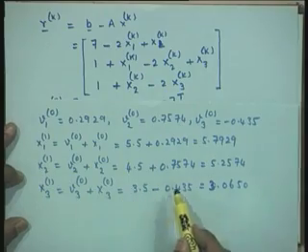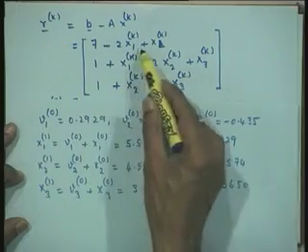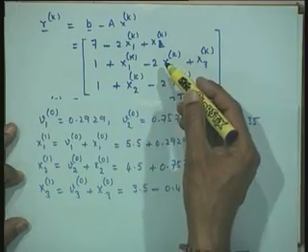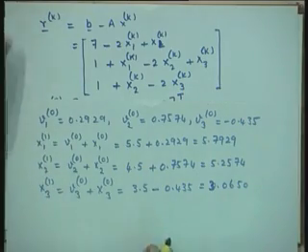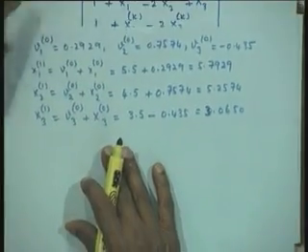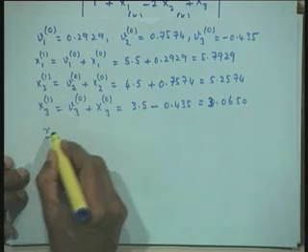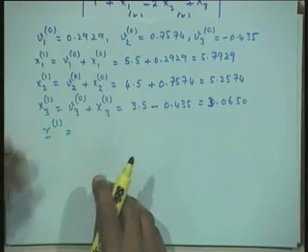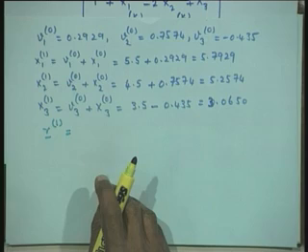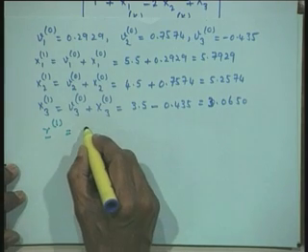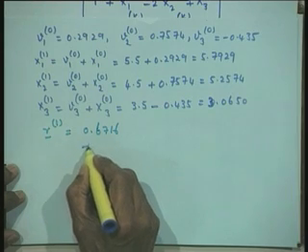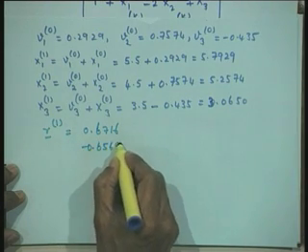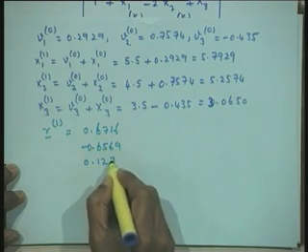Now when I obtain this value, to go to the next iterate I need again this residual vector. So I go back and substitute this in the residual vector to get the next solution. So if I substitute that I get R1, that is, by substituting this in the residual vector I get 0.6716, minus 0.6569, 0.1274.